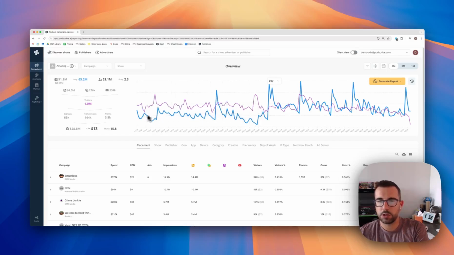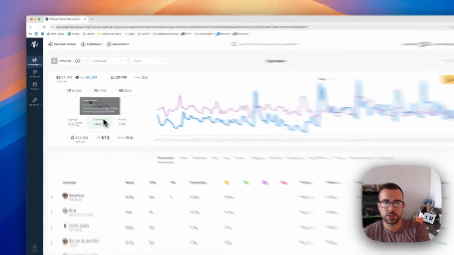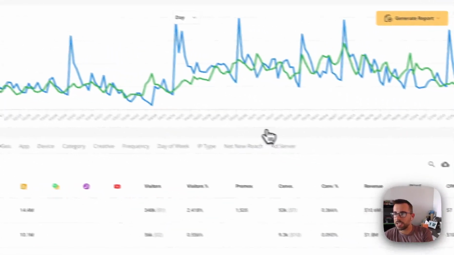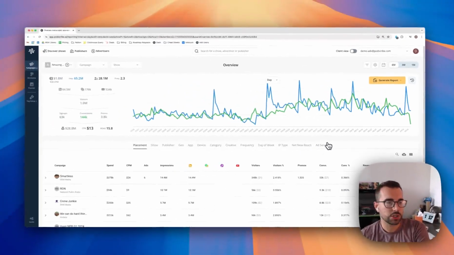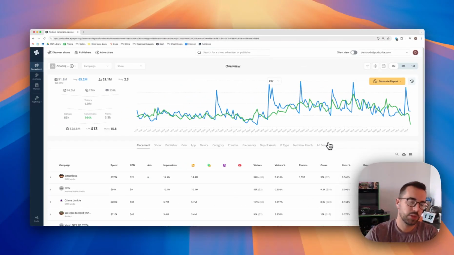Maybe it's about right here, and my visitation is kind of staying at a similar level. But what I noticed, this spike seemed to drive this spike of impressions potentially. But also, when we saw a lot more impressions, I'm not sure that we saw significantly more visitors. So that's interesting to note. If we look at conversions, however, it seemed to drive more conversions. So although it may not have been getting more people to go to the website, it convinced more people to